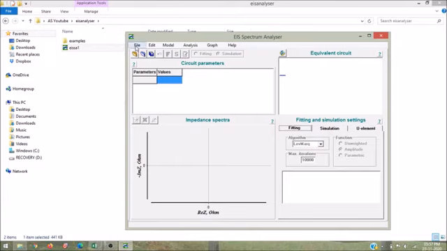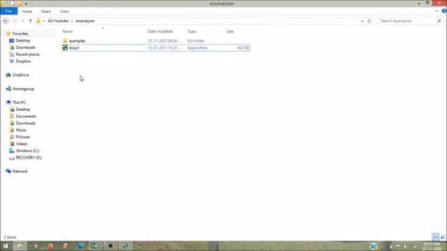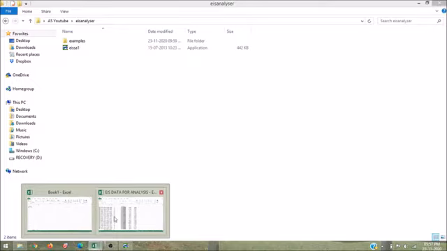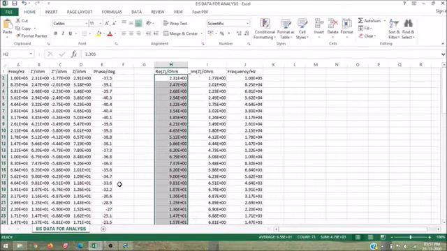Now let's bring one data file for fitting. The data file that you can use here has a definite format. So for that I have opened one EIS data file. I obtained the data from the CHI